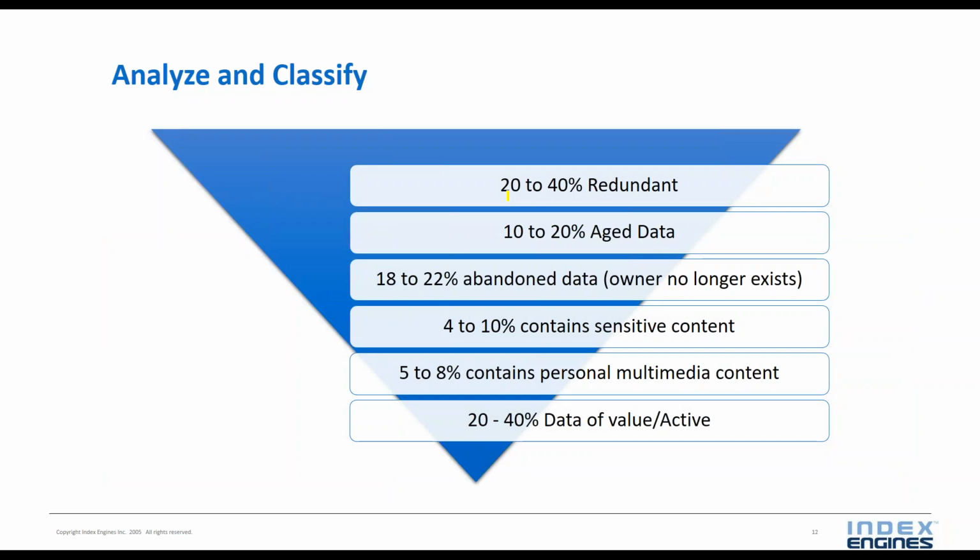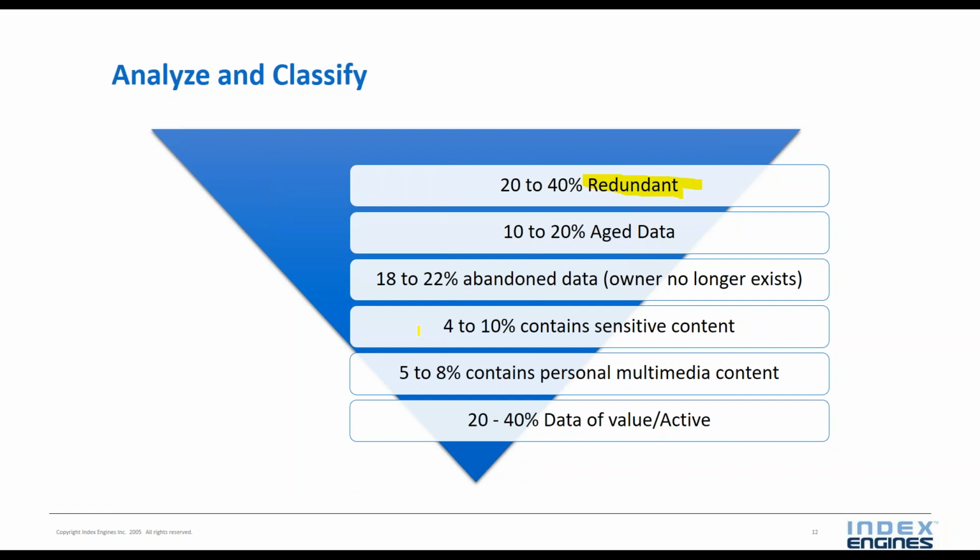So in terms of classification, when you start looking at data that exists on the network, you'll find significantly different numbers, and some of these numbers are based on customer projects that we've been involved with. It's widely different. I've talked to a number of industry analysts about publishing these kinds of numbers, and it really depends on whether you're a pharmaceutical company, a manufacturing company, or a healthcare organization. The numbers vary widely, so it gets very complex. But the amount of redundant data on the network, I usually hear 30-35% is a common number, so 20 to 40% makes sense. Aged data, 10 to 20% can be aged. We've had customers where those numbers were wildly different, much larger.